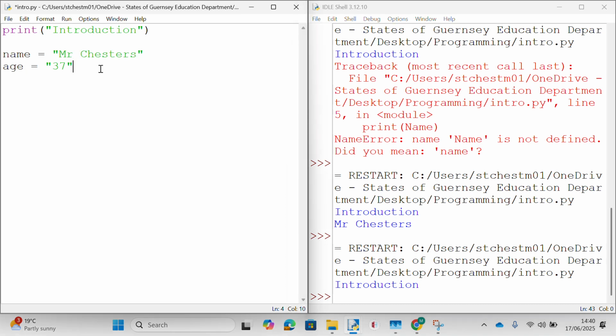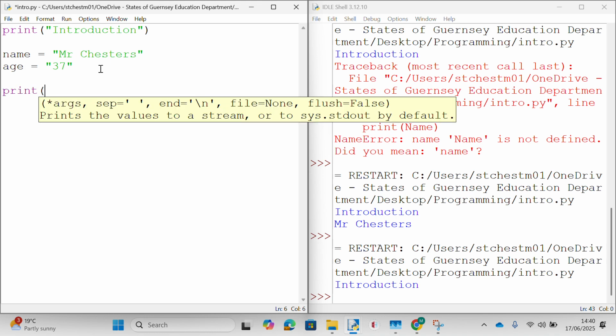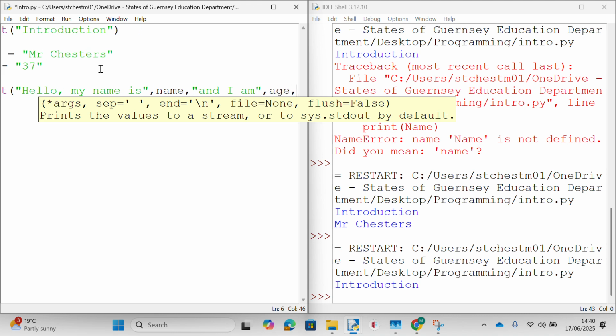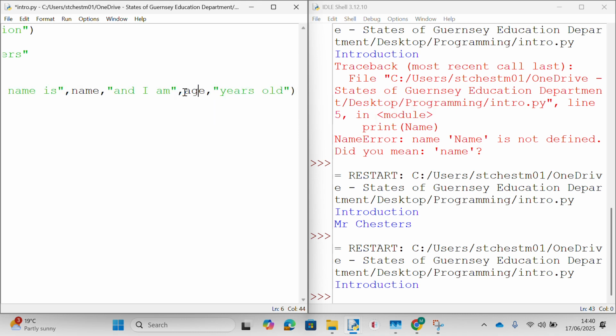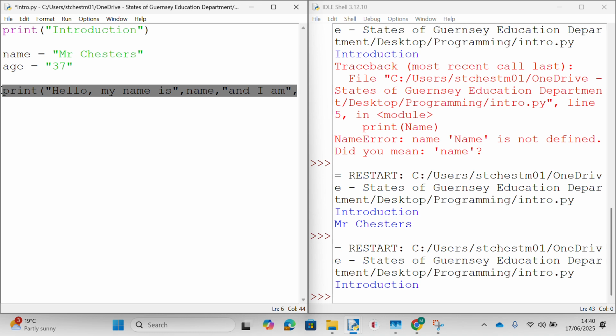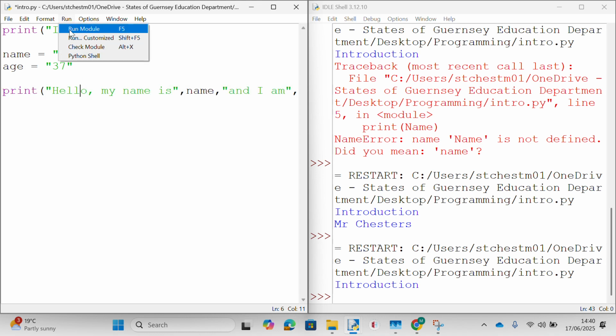So let's think of a nice way to output them. So I can print something along the lines of, hello, my name is, close the speech marks, comma, name, comma, new set of speech marks, and I am, close, age, comma, speech marks years old. Okay, that's a big long line of code, but you can hopefully follow. Now, if we run the program,